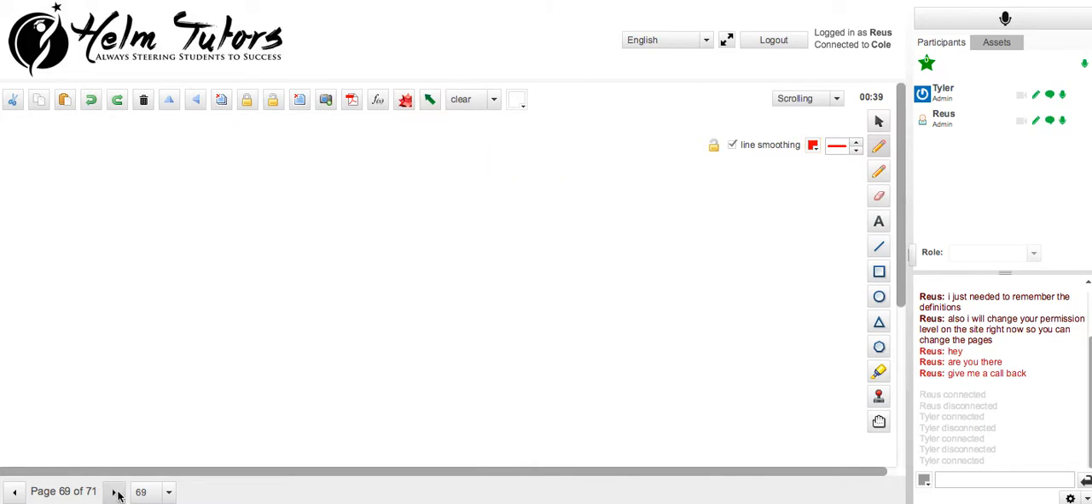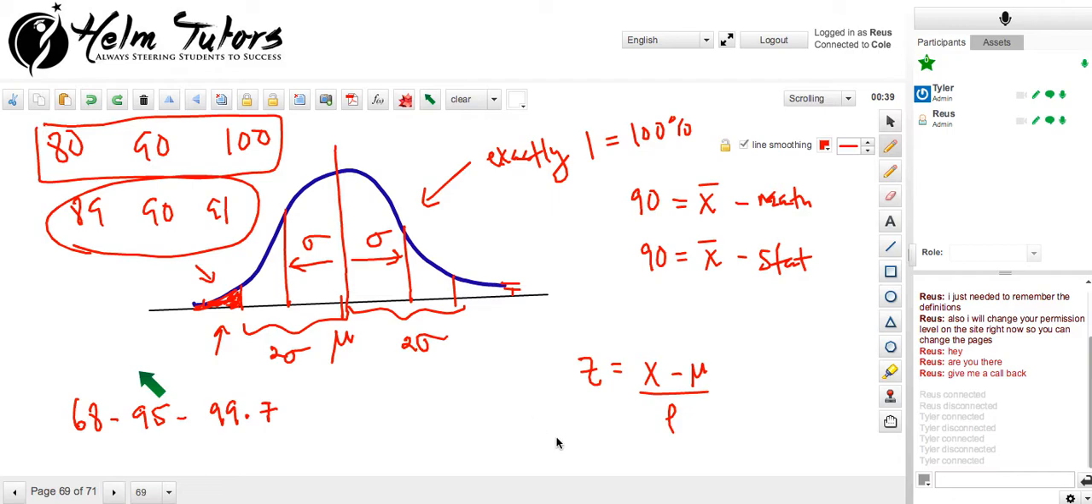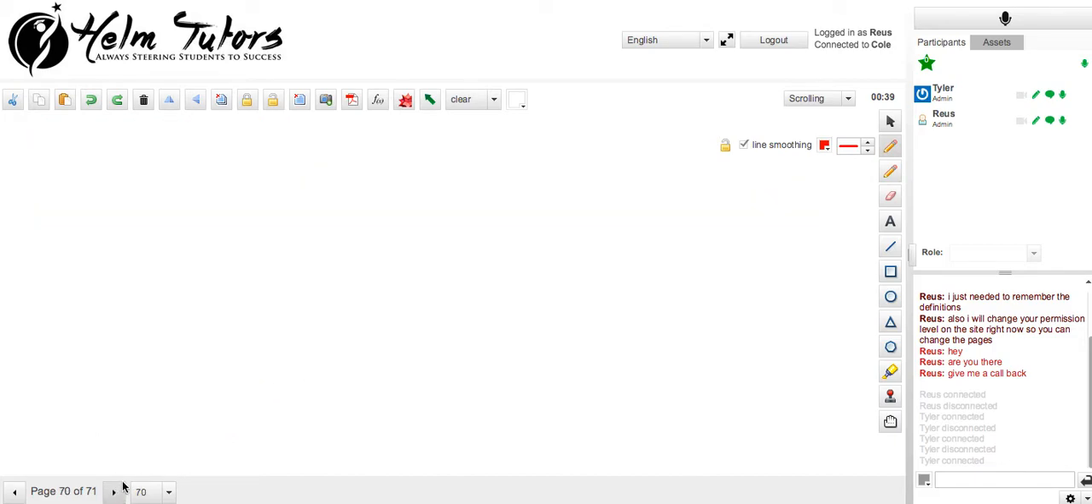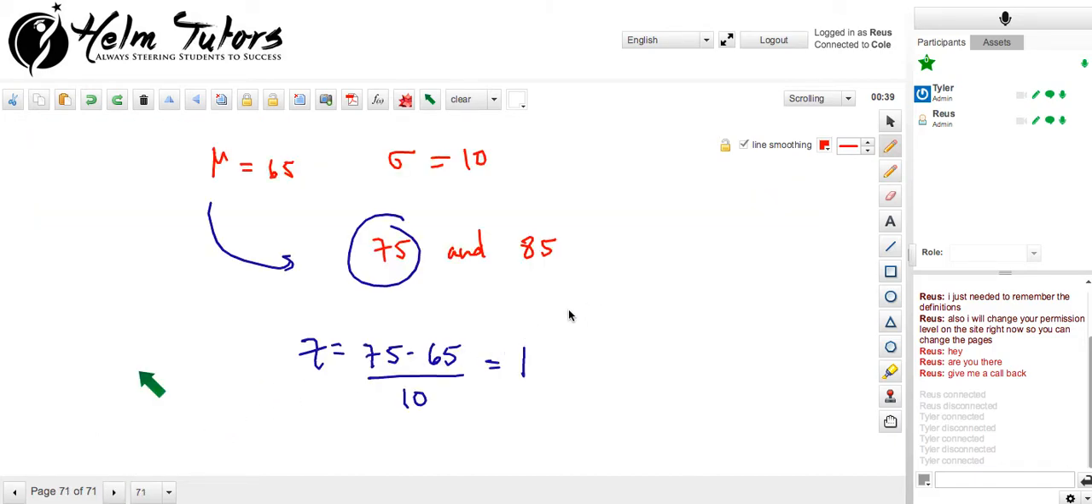That's unsurprising. Why is that not surprising? Because this is one standard deviation. Exactly, one standard deviation, like you said, is 68%. So what I was saying is we didn't need to use the table, because what we could have